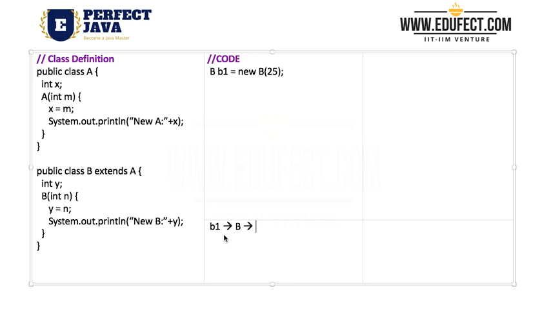And once it gets called, what will happen? Here the constructor of the parent will get called. Now which constructor of the parent gets called here? The non-parameterized constructor. Is there a non-parameterized constructor in A? No, there is one constructor which takes one parameter. And because a constructor has been defined, there will be no default. So here we will not be able to get a zero-parameter or non-parameterized constructor of A. So hence there will be a compile error